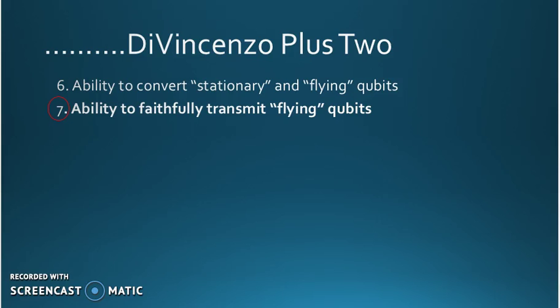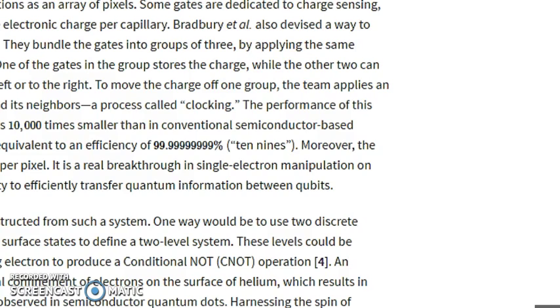Devices need to be able to generate so-called flying qubits and transmit them in order to transfer information. Recent research by Brad Berry and the Lion Lab at Princeton have shown that liquid helium is an exceptional transmission medium for electrons. These ultra-fast electrons would carry the information in a future quantum device. The most promising application of electrons on liquid helium could in fact be providing a network of transmission for different types of qubits because of this architecture's remarkable reliability in transmitting signals.